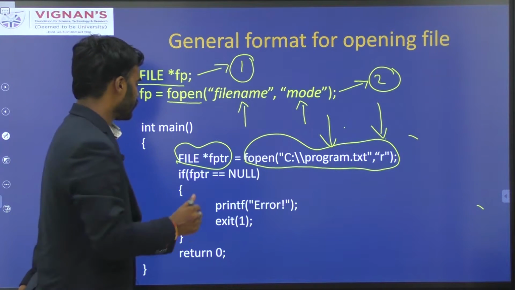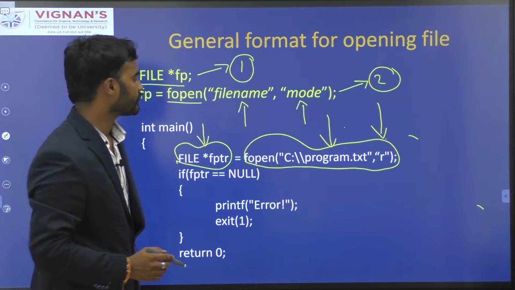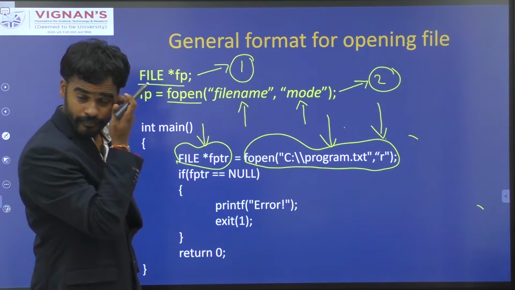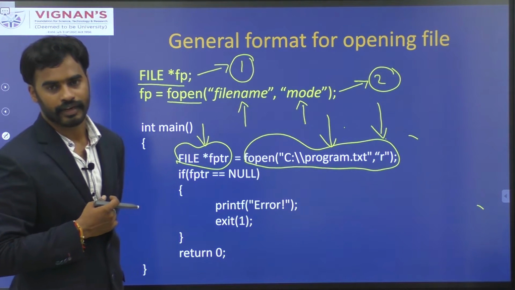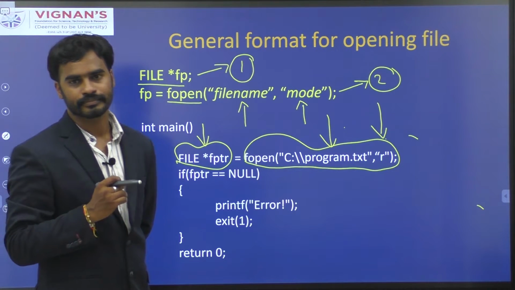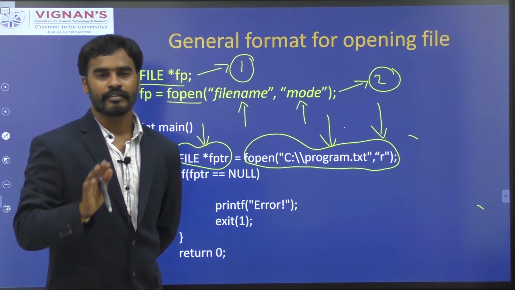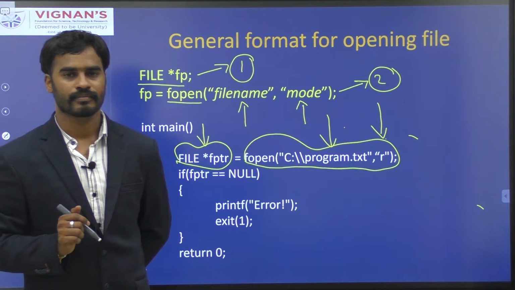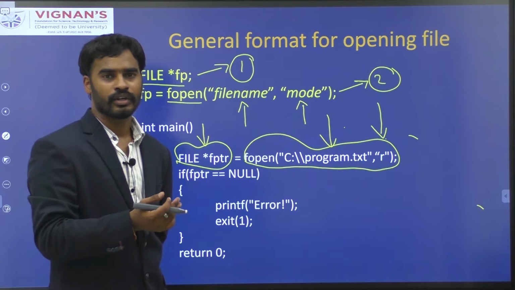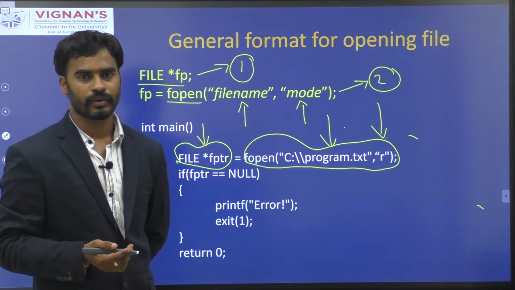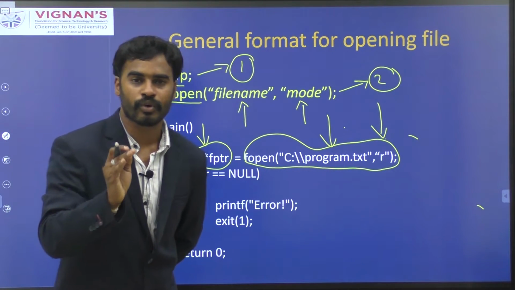You have to follow two steps. The first step is to create a file pointer, a pointer of file type, and then open a file by using the fopen function by passing two parameters: the file name along with the path, and the opening mode. Being a good programmer, you are supposed to verify whether the file is opened or not. There are a number of reasons the file may not be opened. Before doing any operations on the file, you must verify whether the file is opened successfully or not.